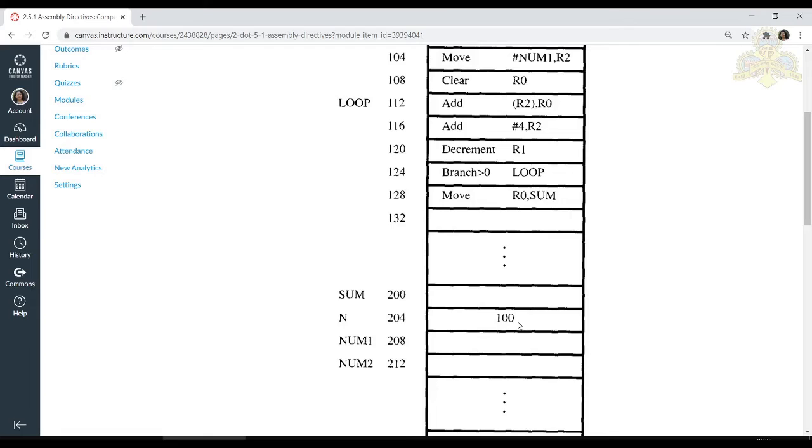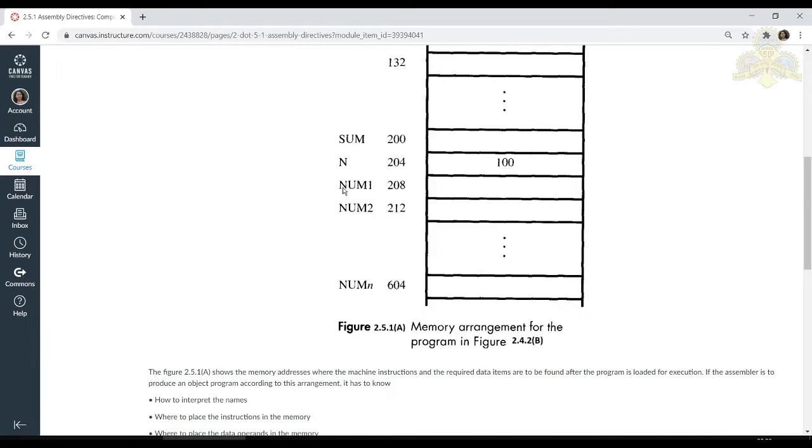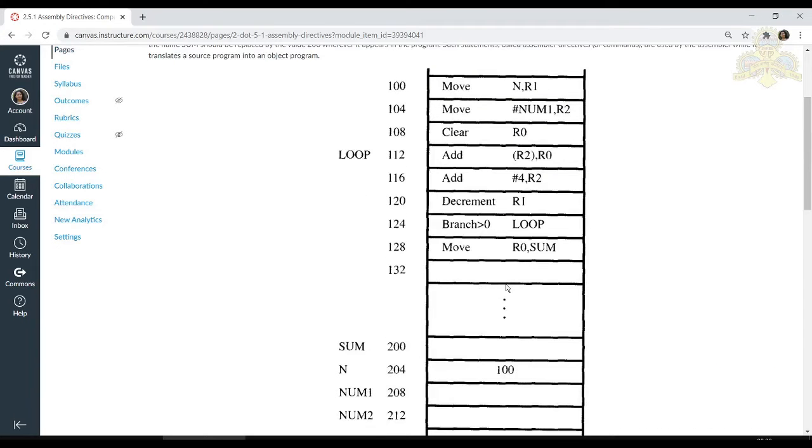Here we have n as 100, that means we are going to add 100 numbers, and here num1 till num(n) is there, so the 100 numbers would be present here, and the final sum you have to move to this location, and from this location the program has started.